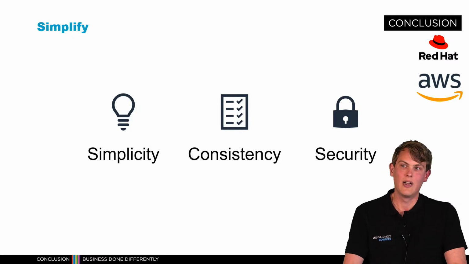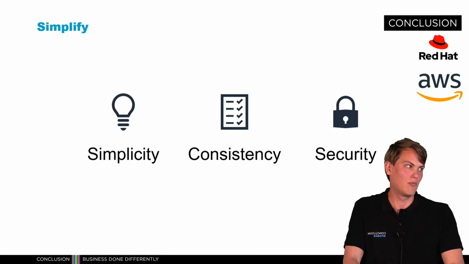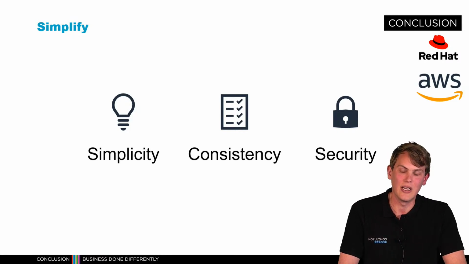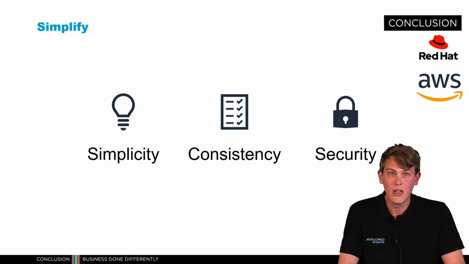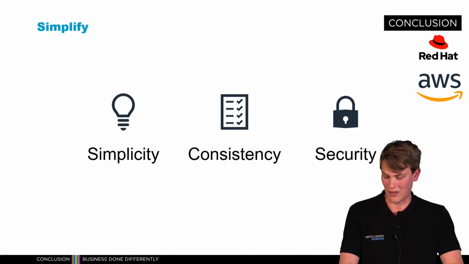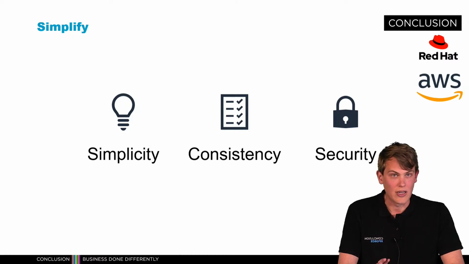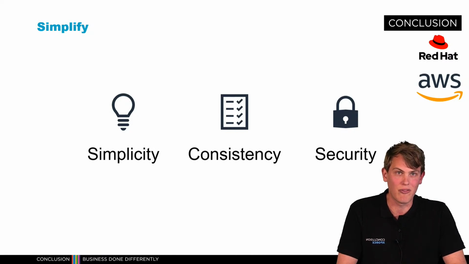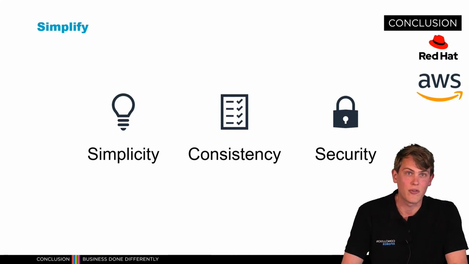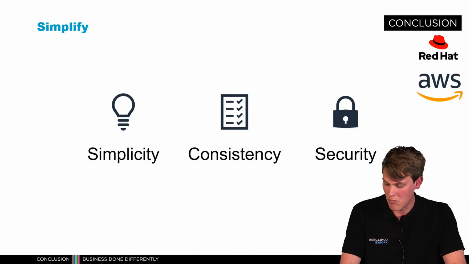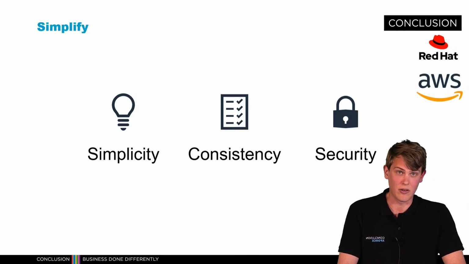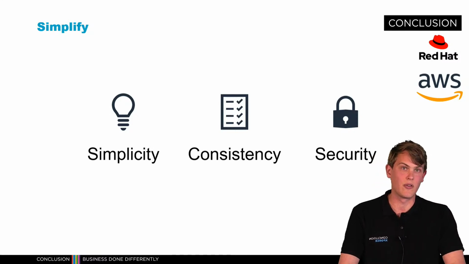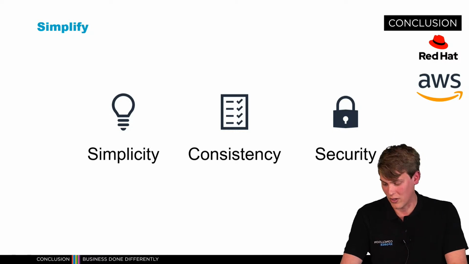You're on your own. There's quite a lot of stuff you need to do to really get those certifications. So using simplicity and consistency really enables the security aspect as well. All the auditing and logging is centralized, and it all boils down to simplifying every aspect of your infrastructure using automation and the same foundational technologies like OpenShift, whether you're on the public cloud, your own infrastructure, your own data centers, or OpenShift on the edge.